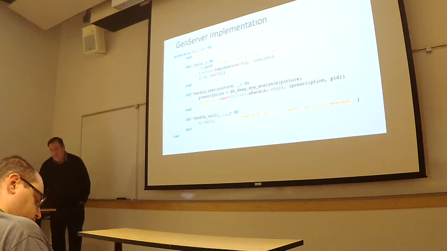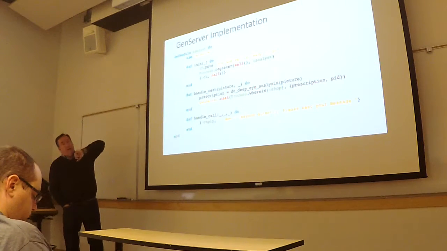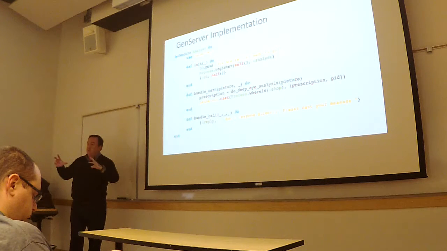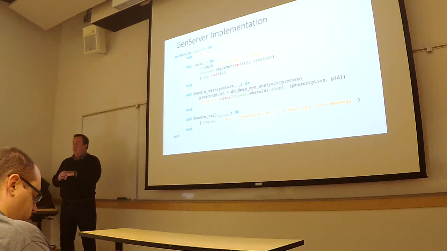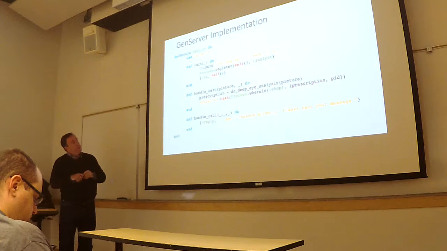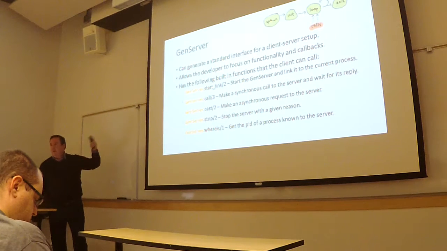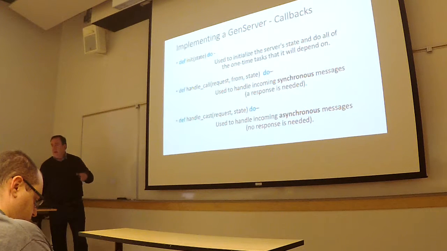All right, so let's look actually at an example. This is what the analyst module could look like. So let's define a module called analyst. We're going to use gen server. So that says, hey, I'm a gen server. This module is implementing the gen server behavior. So it inherits, if you will, all of the functionality of a gen server. Here are the three callbacks I'm going to implement then. Notice I don't implement this functionality provided to the client. That's all inherited, if you will, from gen server. I just have to implement these callbacks to actually implement the actual functionality of my server.